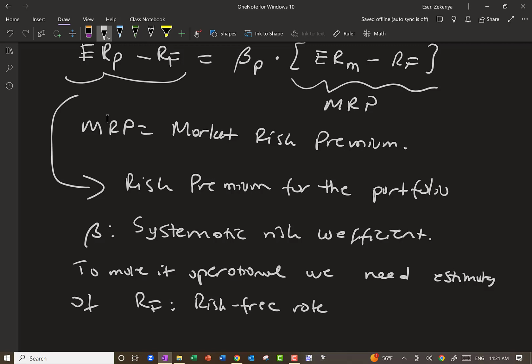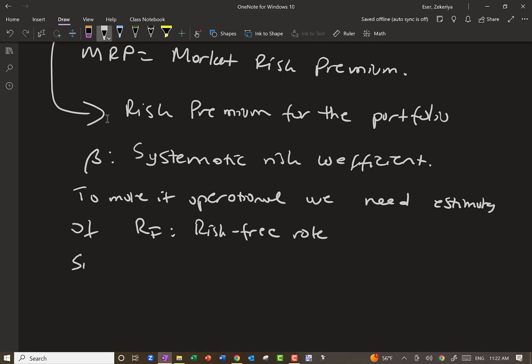It's like what you have now versus future. So it's not clear what's the time concept you have on that risk-free rate. Since we are not clear on the maturity for the risk-free rate,